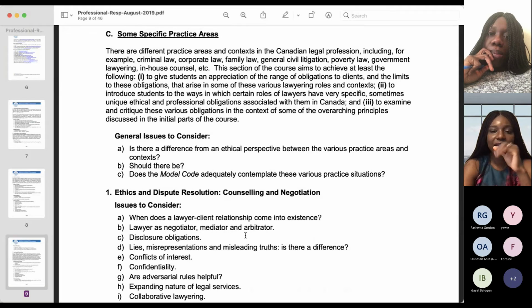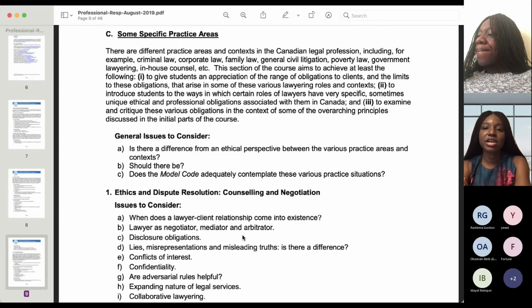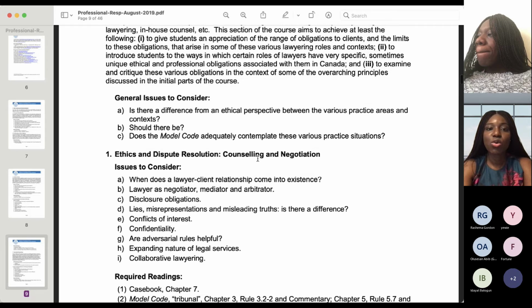Specific areas as well, like I said, going on. The rest of the syllabus is basically bullet points. It's telling you exactly what they think you need to do in those situations. Is there a difference, from an ethical perspective, between the various practice areas and contexts? Should there be? There's no difference in the ethical perspective between various practice areas. It's just that in various practice areas, there are different requirements